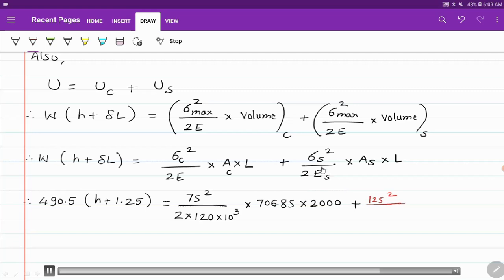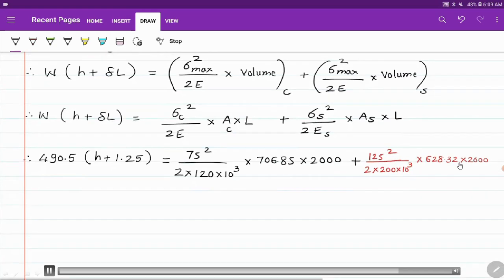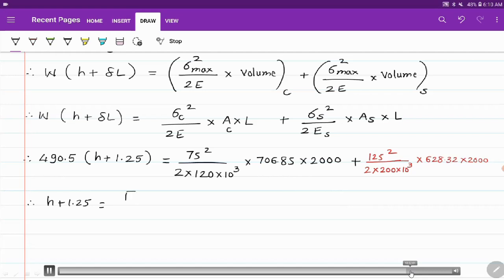For steel, it is 125 square divided by 2 into modulus of elasticity 200 into 10 raised to 3, area of steel is 628.32. That is the hollow tube for which we have calculated the area already, and length of the composite bar is 2 meter, that is 2000 mm. So length is same. So h will be equal to